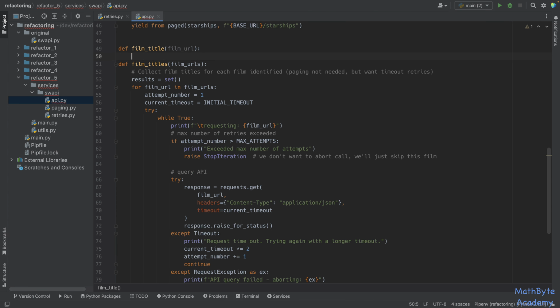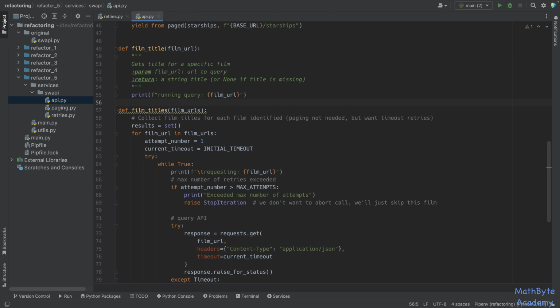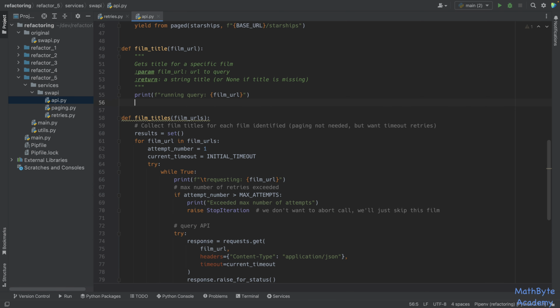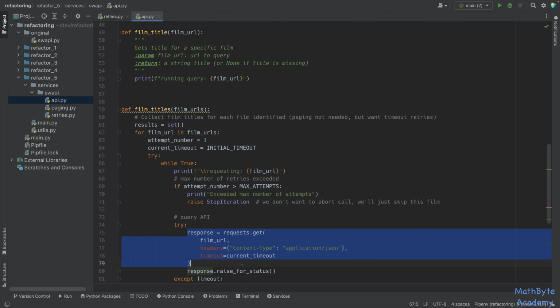So again, I'm just going to copy paste the docstring and the log info. I should be using logging. I'm not, just to keep this a little simpler. So what do we want to do? Well, we want to do this, right? We want to get this thing over here. So let me go ahead and just paste this in. This is what we want to do,